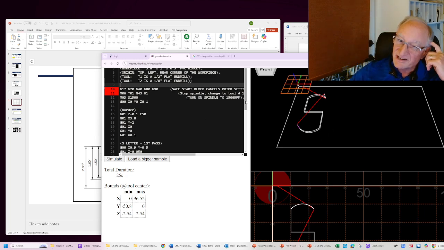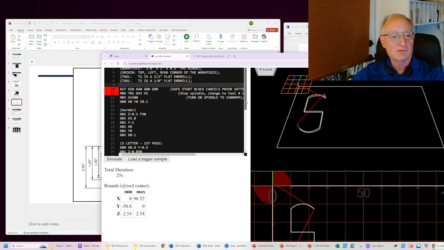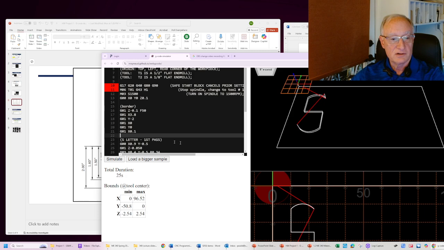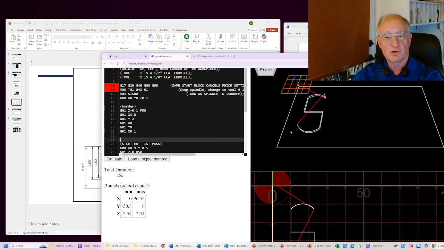But wait, we did all those 2 passes without doing a tool change. So remember the requirements of this lab are to do a tool change to run that border with a 1/2 inch, but run these kerf cuts using 1/8 of an inch. So how am I going to do a tool change? I can